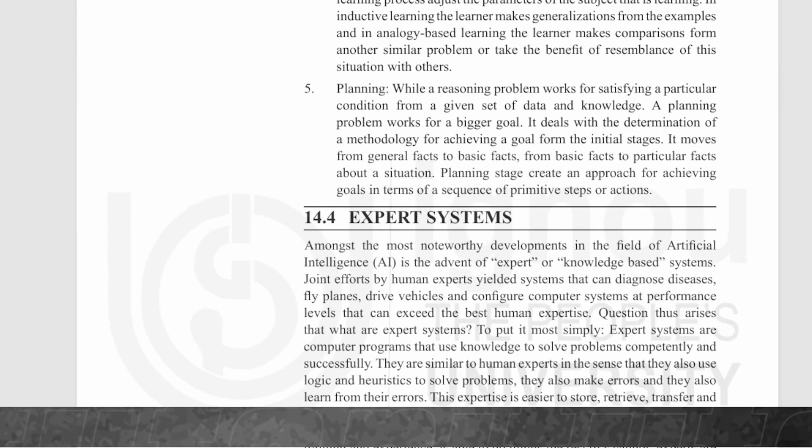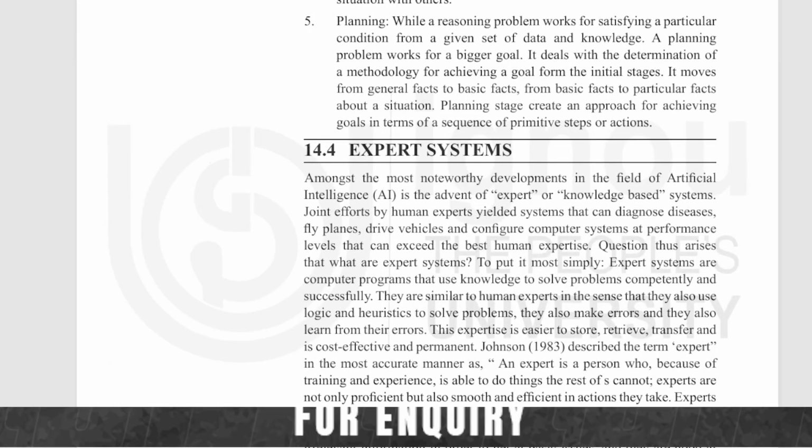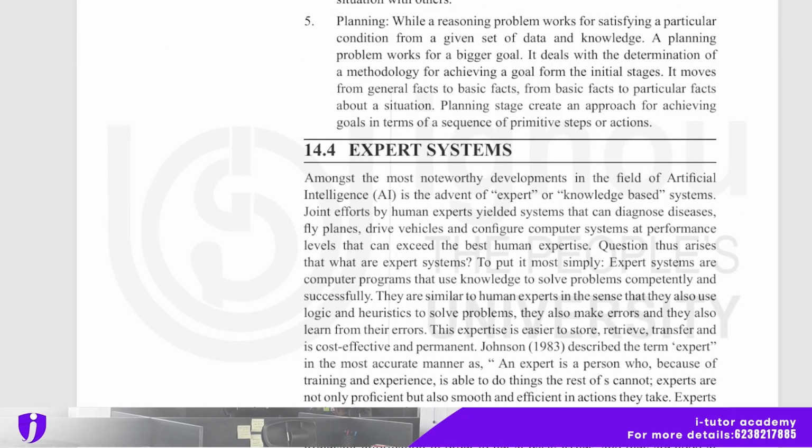Next is expert system. What is an expert system? Among the most noteworthy developments in the field of artificial intelligence is the advent of expert or knowledge based systems. Joint efforts with a human expert yielded a system that can diagnose disease, fly planes and drive vehicles, and configure computer systems at performance levels that can exceed the best human expertise. Questions thus arise: what are expert systems? To put it more simply, expert systems are computer programs that use knowledge to solve problems